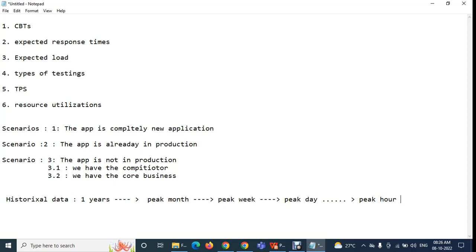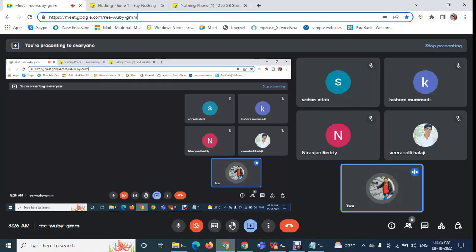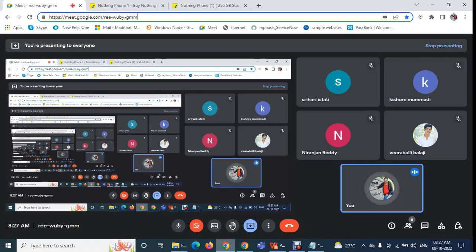Okay, so from the historical data, 1 year historical data we need to collect. From that we can get the 12 month statistics. From the 12 months identify the peak month. From the peak month identify the peak week. From the peak week identify the peak day. From the peak day you need to identify the peak hour. So deenni simple ga cheppalante, 1 year sambandhinchina manam